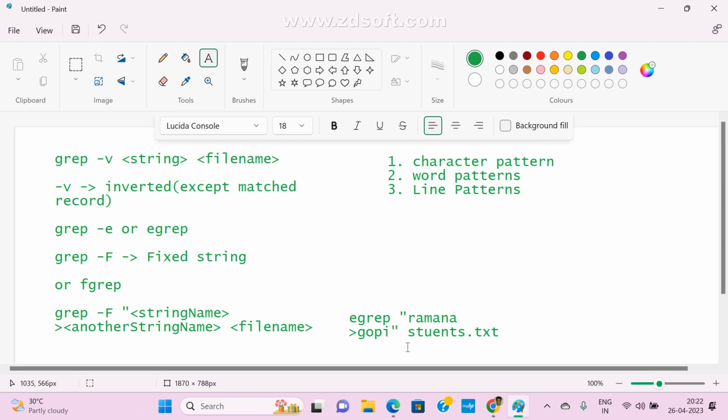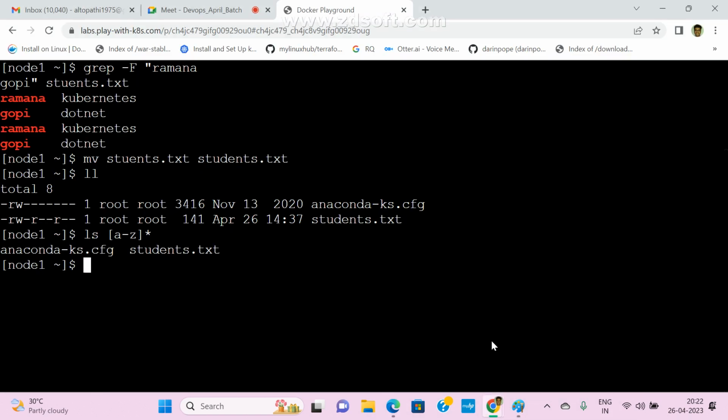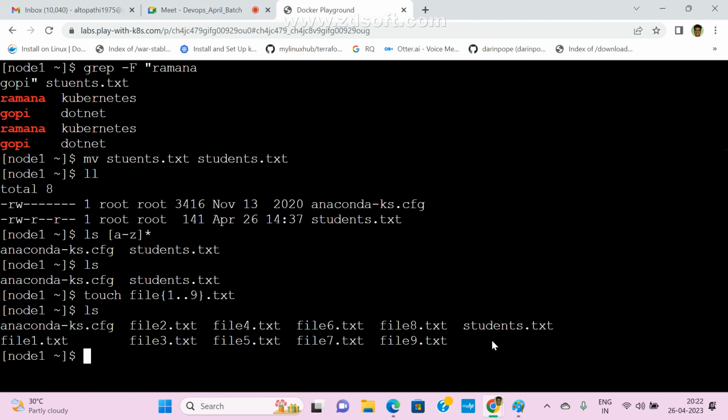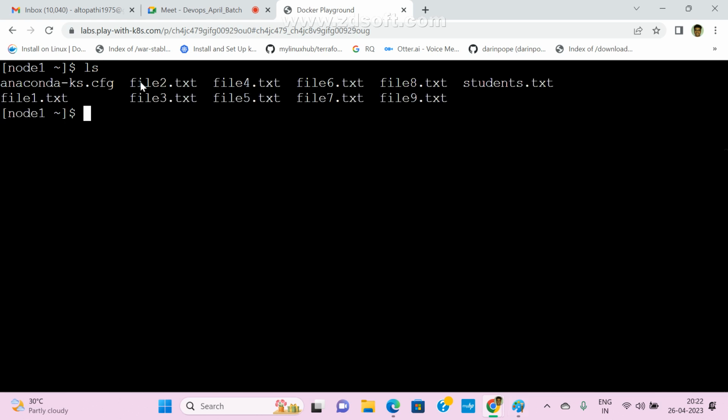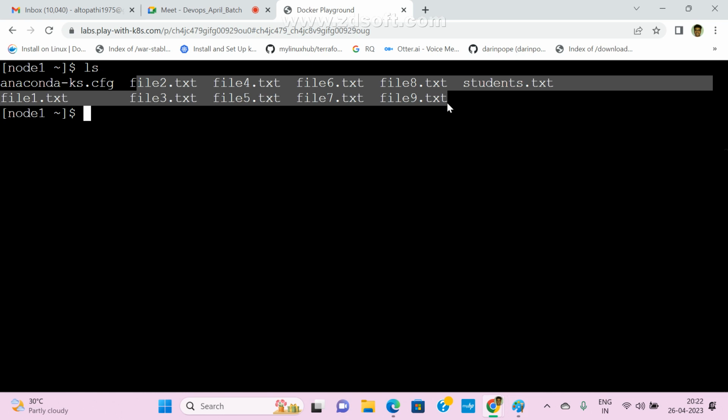Now these are my files, right? Let me come to practically how it will work. Now I have only two files. Let me create files with touch space. I want to create some files, printing 9 files, and I am giving the extension dot txt. So how many files were created? Now check it here, total 9 files. Now if you want to display only these files, can anyone tell me what is the command? Yesterday also we saw, right?